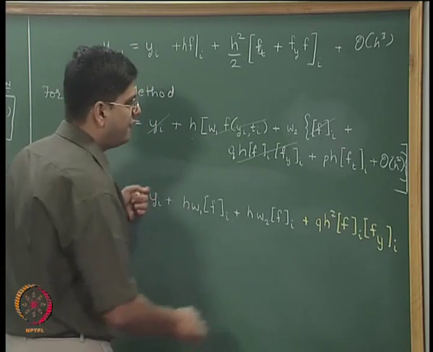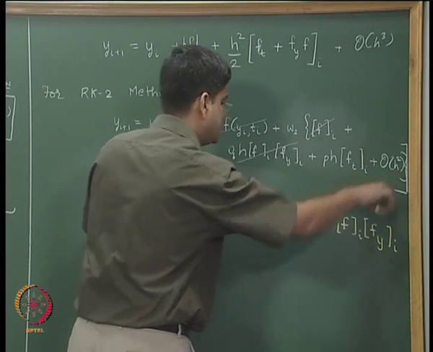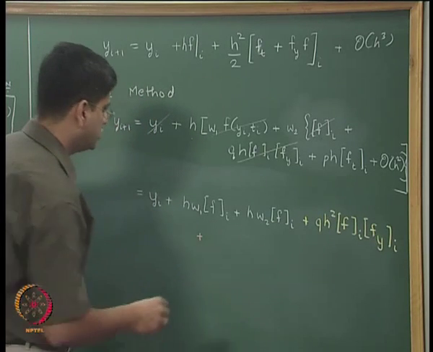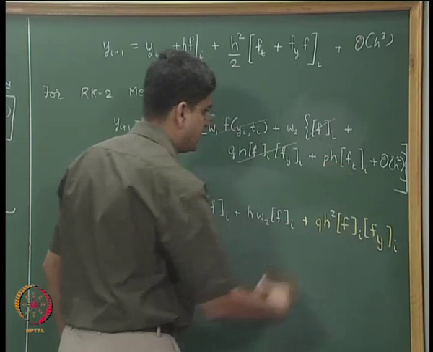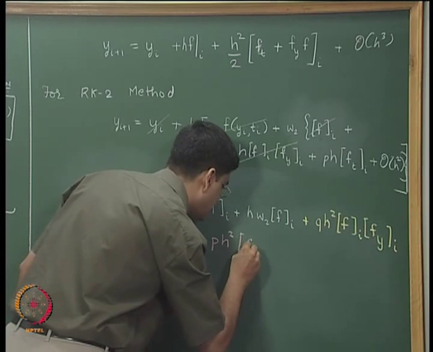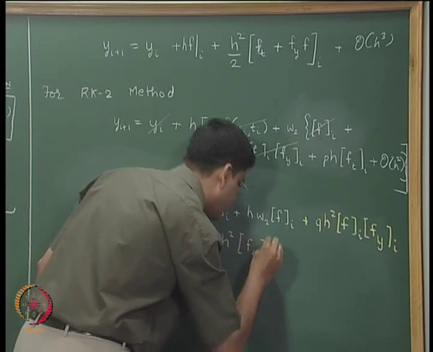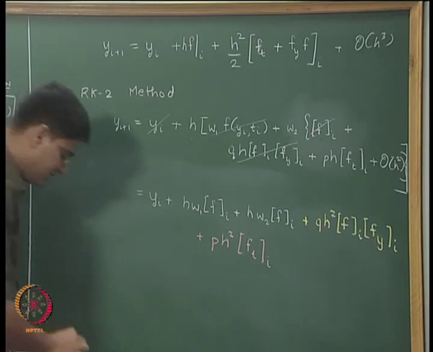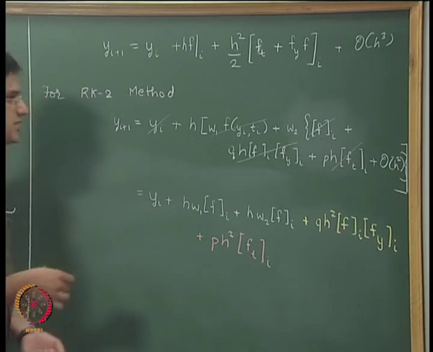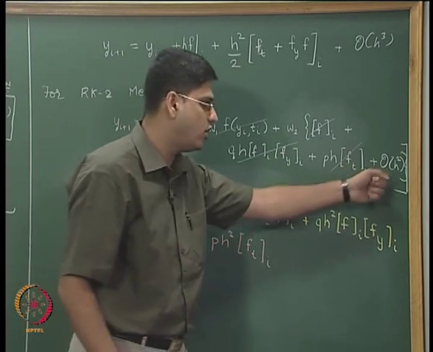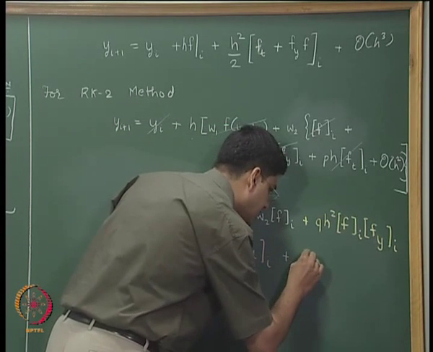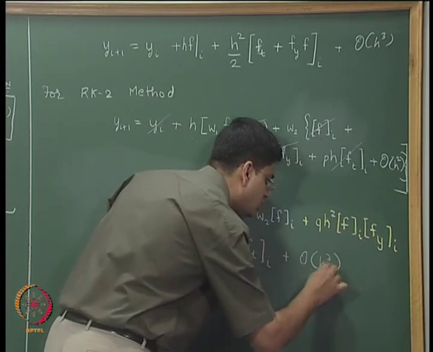Now the terms that are remaining are these two terms. I will write down these two terms with red and purple color chalks. So this is going to be h multiplied by p multiplied by h multiplied by f_t. So that is p h squared multiplied by f_t computed at (y_i, t_i). That is the red term over there, and I will strike off that red term, and the final term is going to be h multiplied by order of h squared, and that we are going to write as order of h cubed.